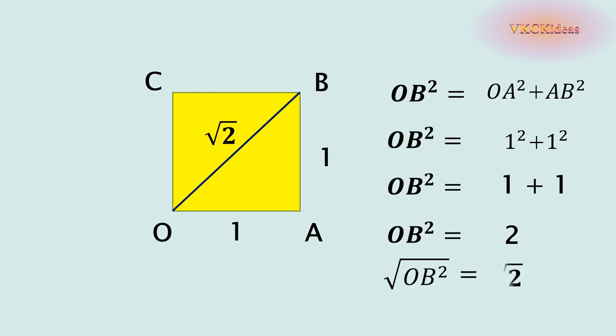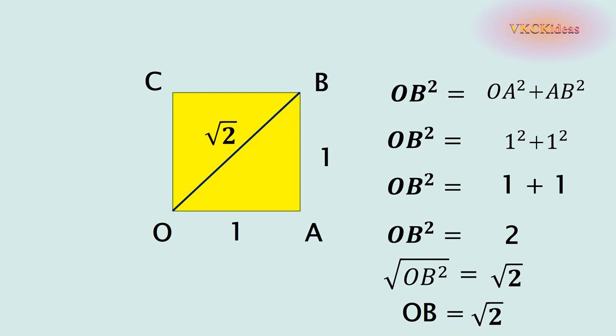If we do the same operation on both sides, the equation will be balanced. I am taking square root on both sides. This side, square root and square cancel, OB remains, and this side we remain with root 2. Therefore, the value of OB is root 2 units. You understood, I think. I will give you one more link where you can visualize Pythagoras theorem, but for the time being, if you understand this calculation part, it is enough to locate root 2 on the number line. Hope you understood this.